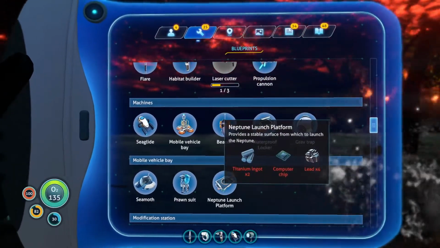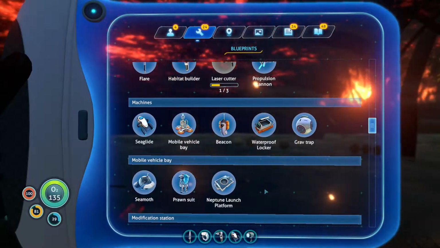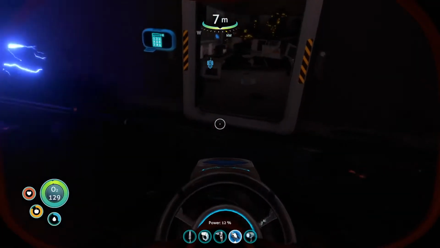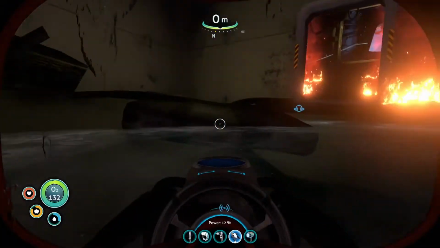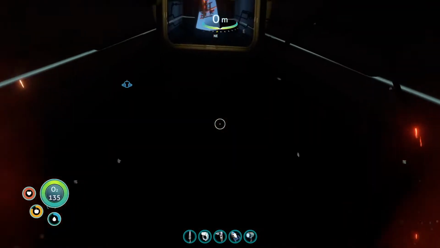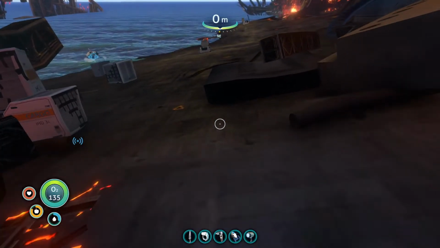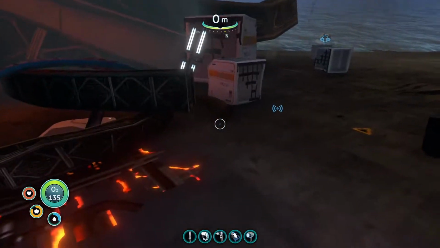We have the launch platform that'll require titanium ingots, computer chip, and lead. You know, we can build the launch platform. Like, I think I have all the materials. Well, I don't have the materials, but they are easily accessible to me by my knowledge in a way that will allow me to build the launch platform. So what I'm going to do is... Okay, we have the Neptune escape rocket. First order of business after this is to finally...